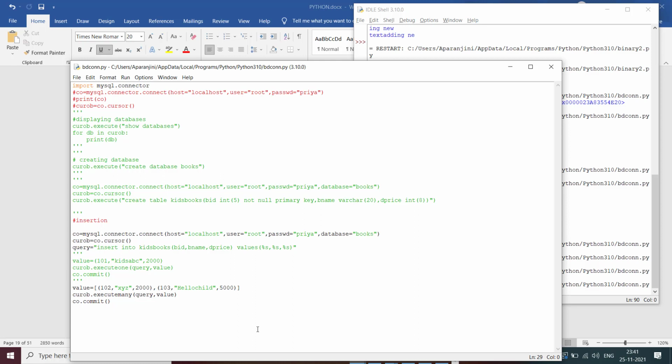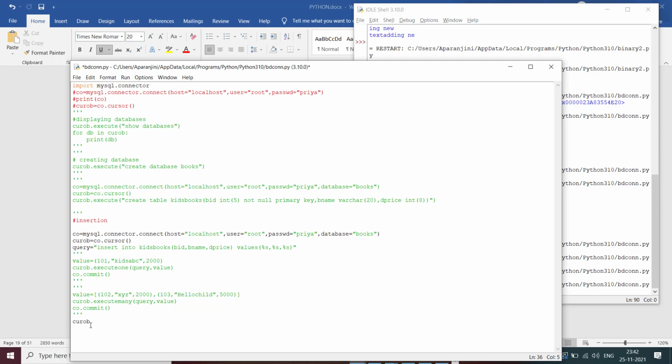Same thing we can write here also. So here I'm going to write, I'm commenting here, and here I'm going to write, already MySQL is there, I mean cursor is there. So here cursor we have already created, so the same cursor I'm using,